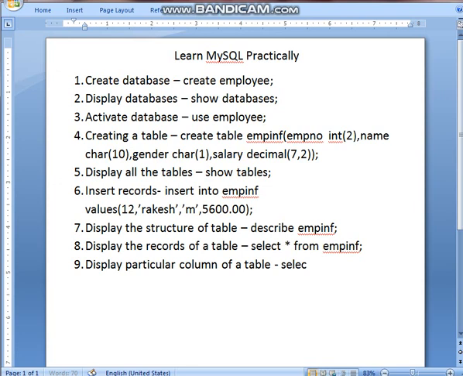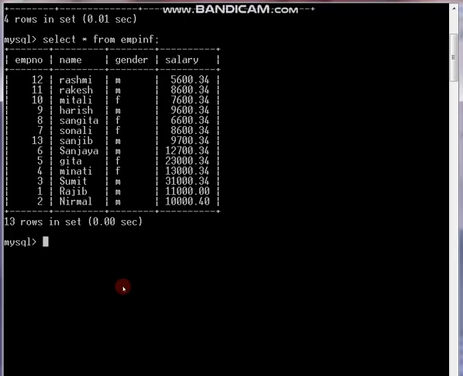So in place of star, I can specify select, then the column name, thereafter another column name, then from table name. Here I specified only 2 columns, employee number and name of the employee, so that is what it is going to show me. Select EMP NO, name of the employee from table name.